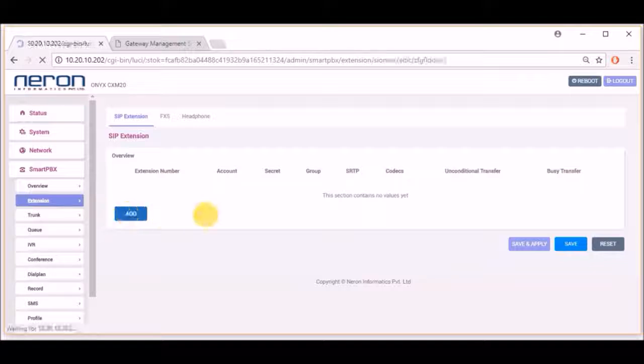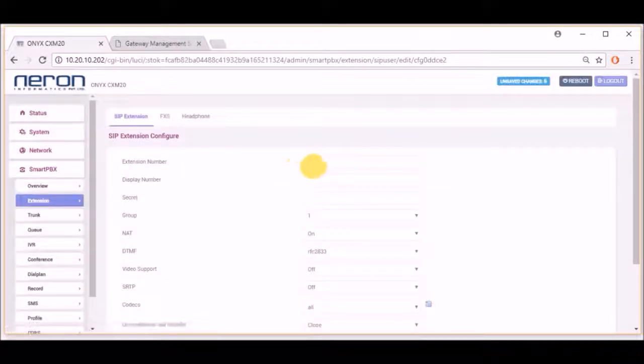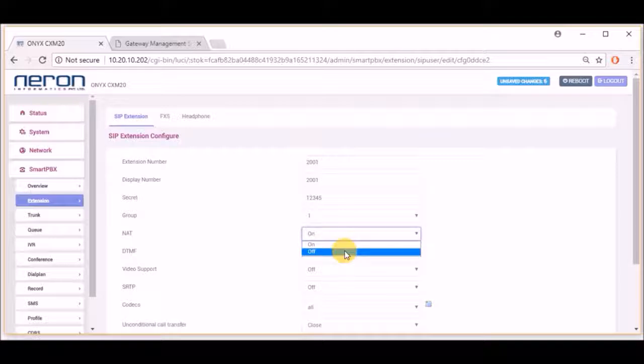Click on add. Here you can see extension number. In my case the extension number will be 2001. Display number will also be 2001 and the secret will be 12345, and come to NAT, make it off.